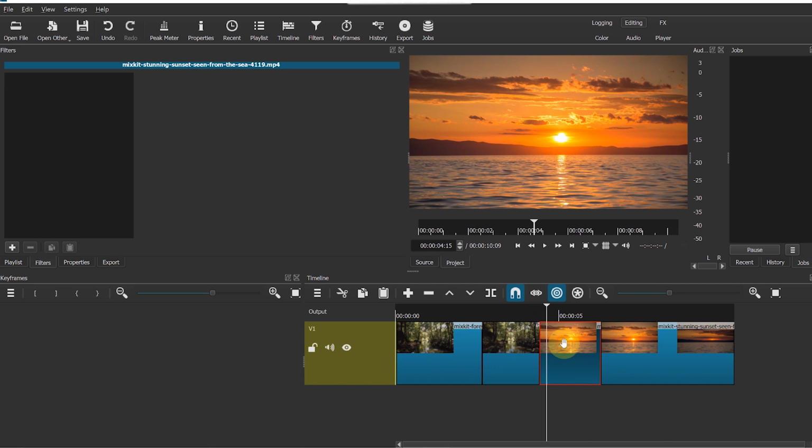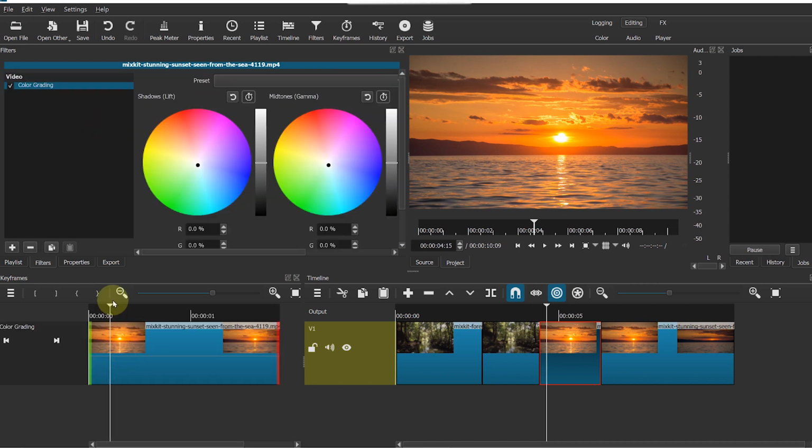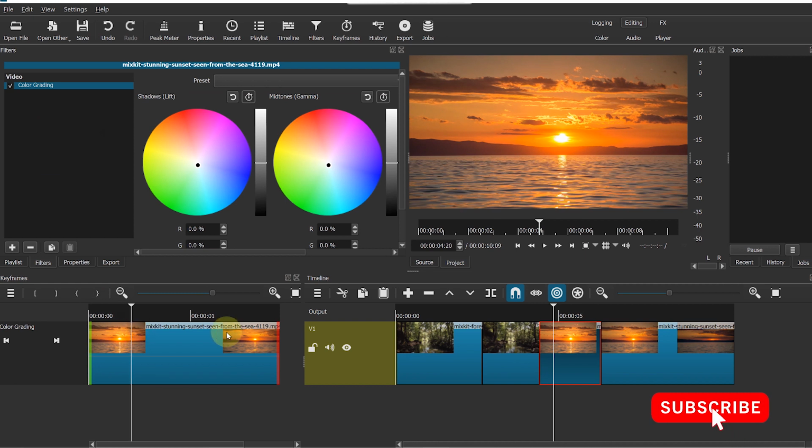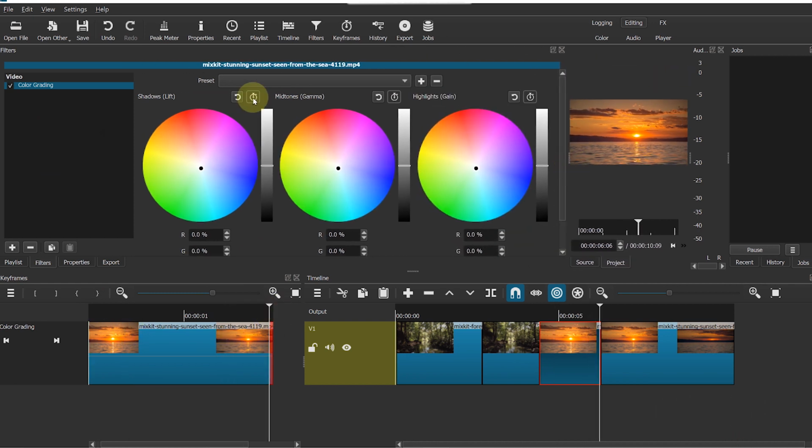We will add color grading effect to this second clip also. For this clip, we will add color grading at the beginning of the clip. Move your playhead at the end of the clip and here we will add keyframes. Click on this icon to add keyframe.